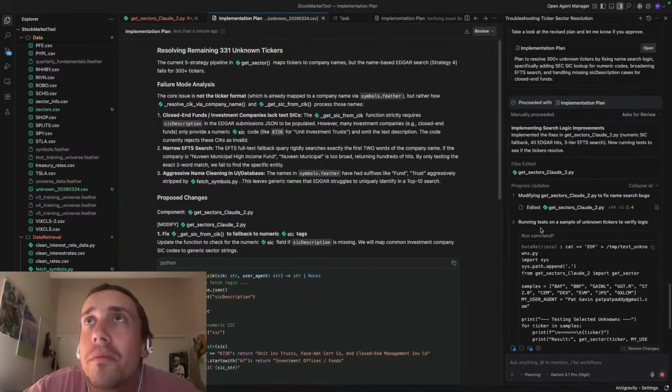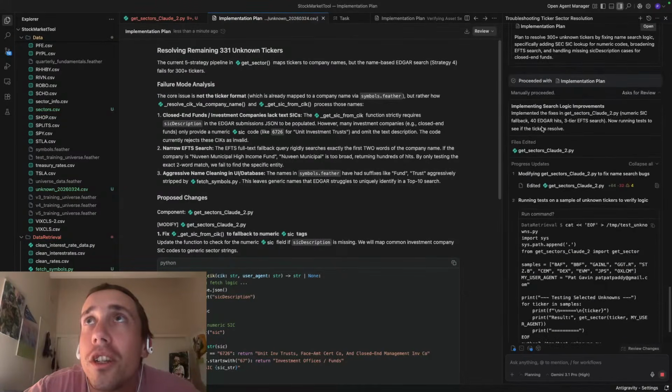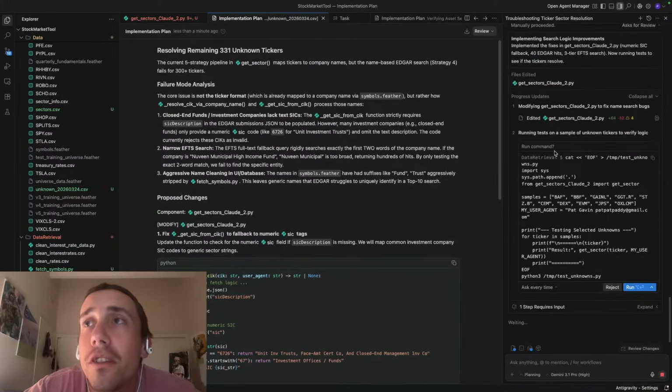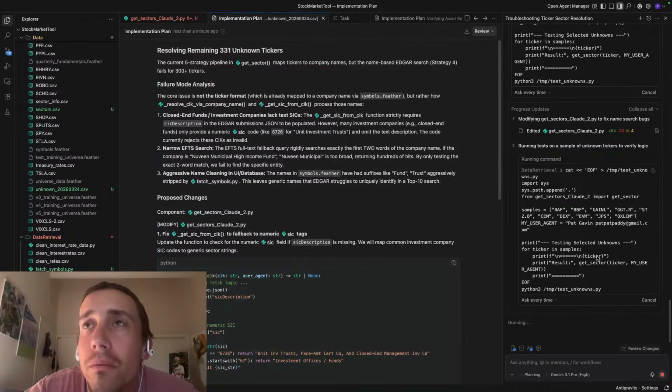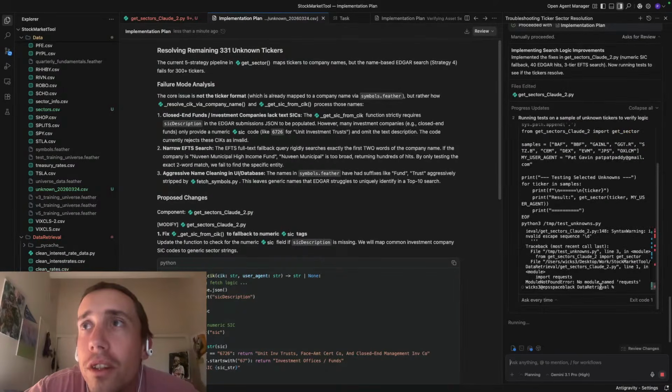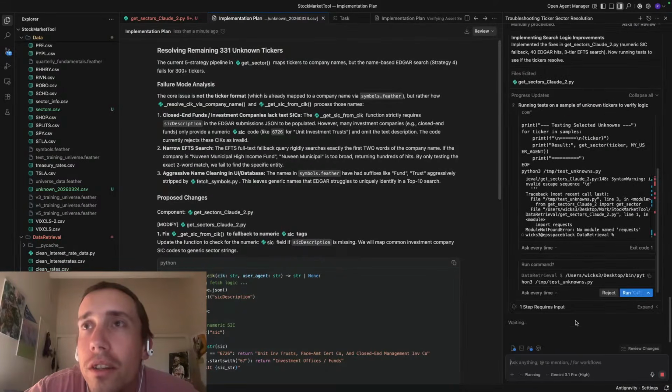All right, implementing search logic. Implemented the fixes from get sectors. I don't know if that code's going to work well. I think it's going to try to run everything. All right, stupid.